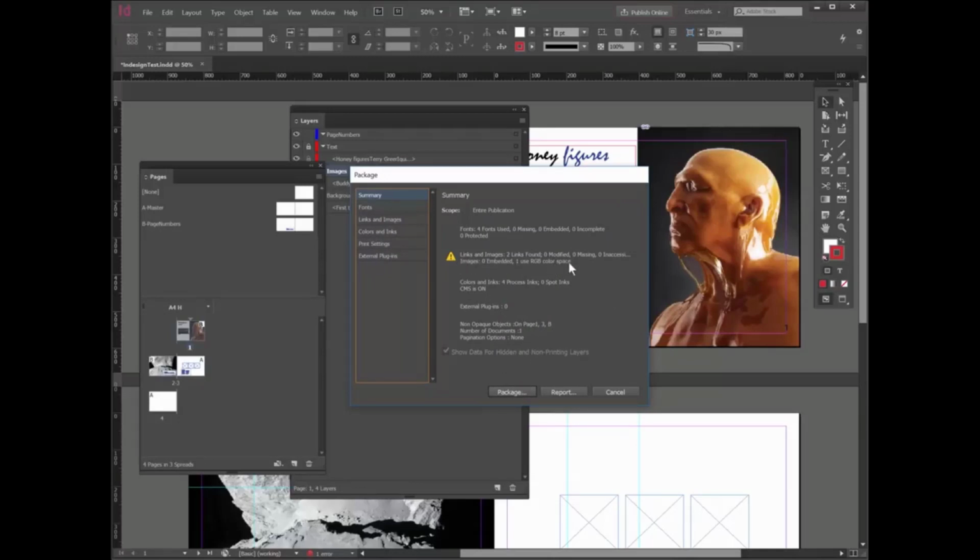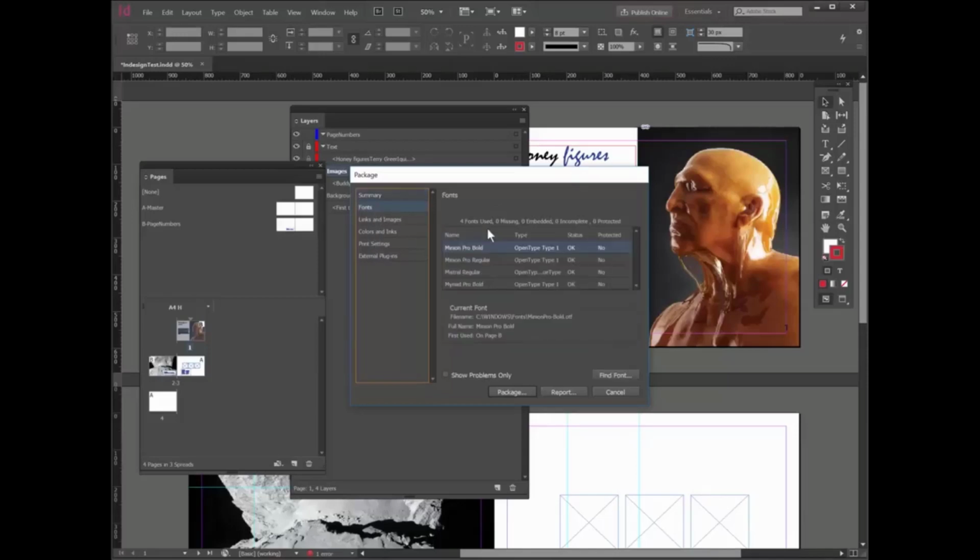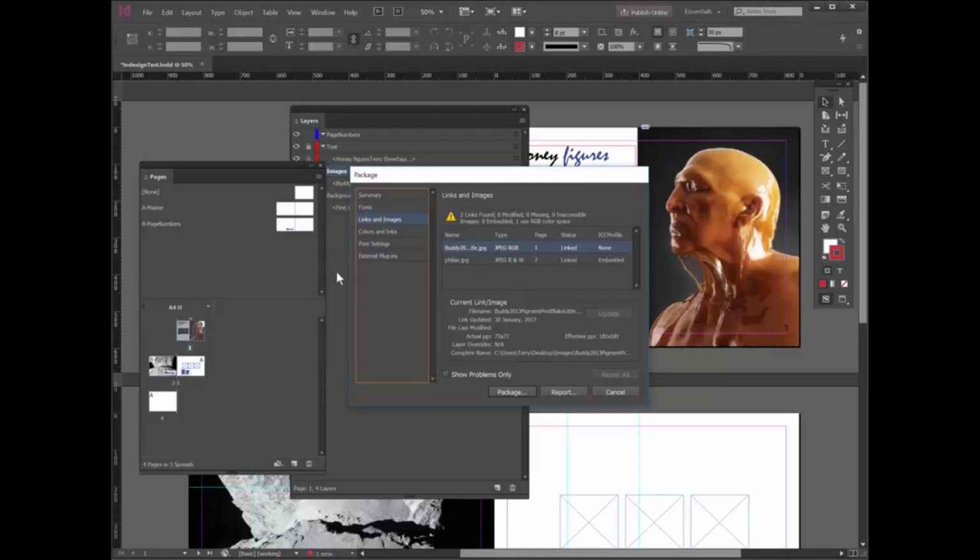So it's telling me there's nothing missing, there are 2 links found, one uses RGB color space, etc. So it's giving me some notification of what is there. It'll tell me what fonts it's found, it will tell me what images it's found, etc. But the basic thing to do is to click on package,